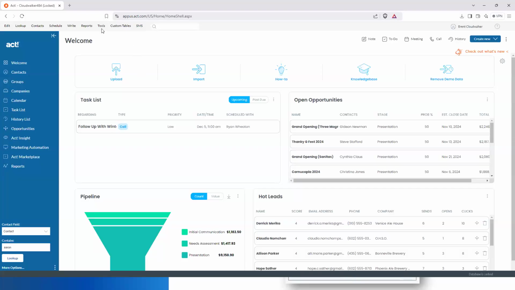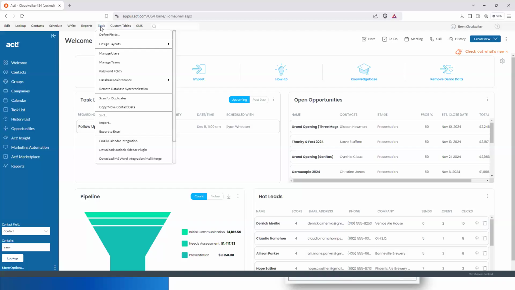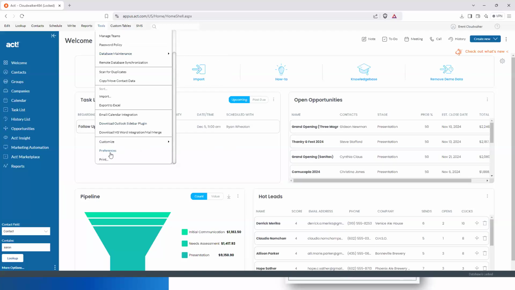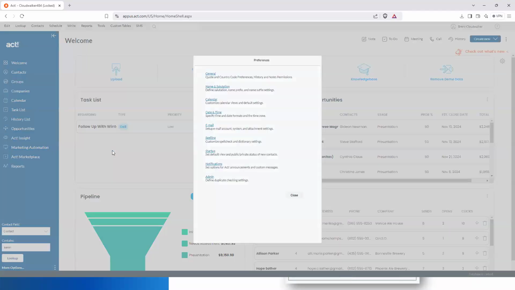changing how notes and history can be edited. So to access your preferences window, go to your tools menu, and then towards the bottom, you'll see this preferences section. So once again, tools menu, and then towards the bottom, choose preferences. This will open up your preferences window where you can see there are 8, I think, different preferences, maybe 9 if I can count, different preference areas that you can access.